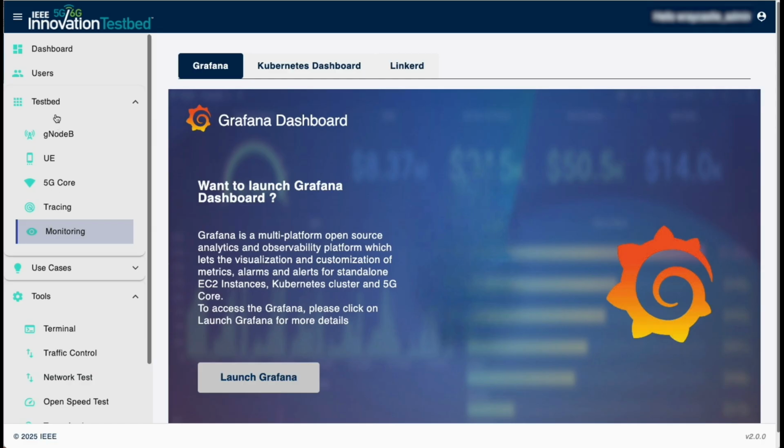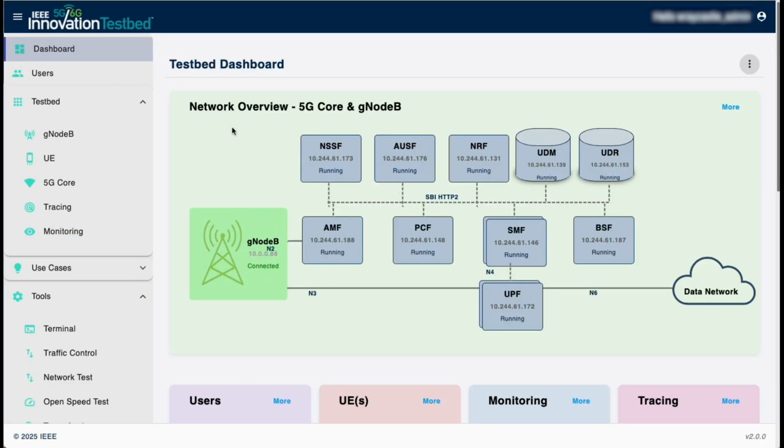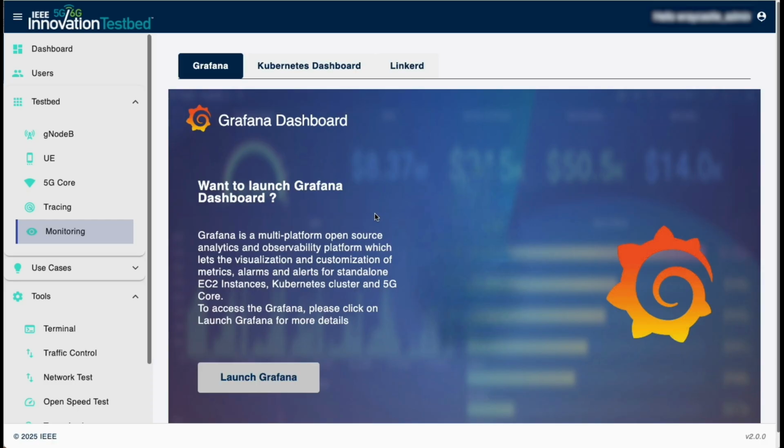In monitoring, going back to the testbed section, we give access to the Grafana dashboard, and that will be helpful for anyone who wants to look at certain metrics repeatedly. Grafana will give you a very highly customizable dashboard with an extremely long list of metrics that you can add to your dashboard. Our dashboard is going to remain pretty simple, just the G-Node-B and your network functions. But Grafana will allow you to add different metrics for a live look at your network and the work that